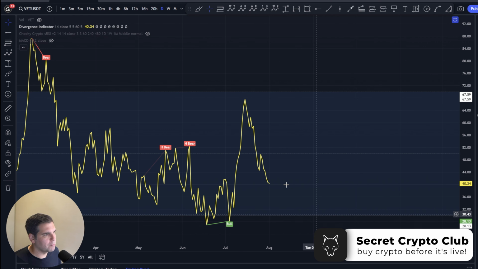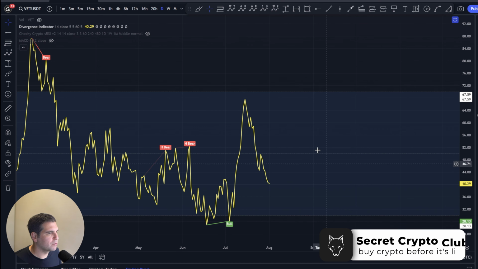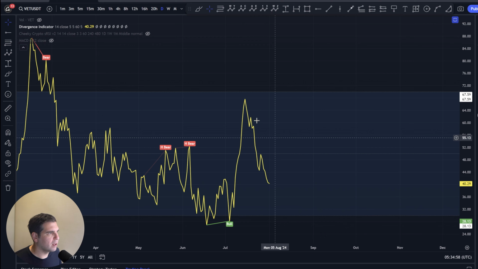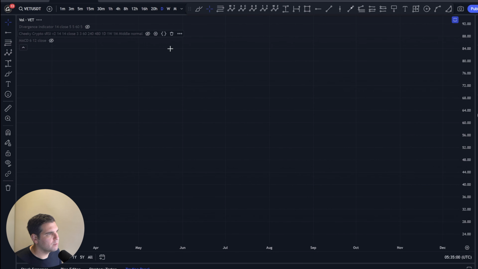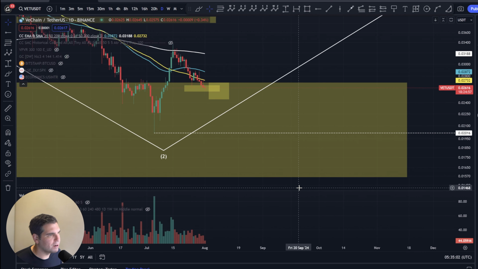Anything lower than 50 is going to be bearish. So we're in a bearish trend here on the relative strength index. No divergences being noted though, so there's no divergence related to price versus RSI or anything like that. It's interesting. Now, if I bring up the volumes and we take a look at the volume profiles in relation